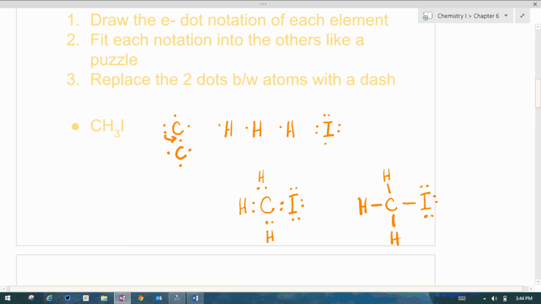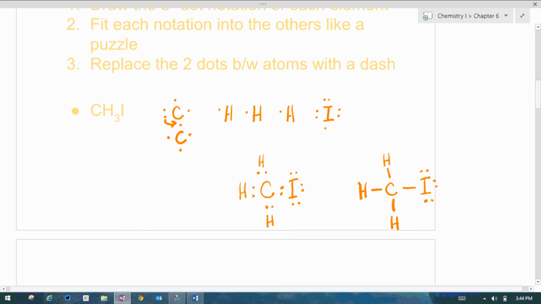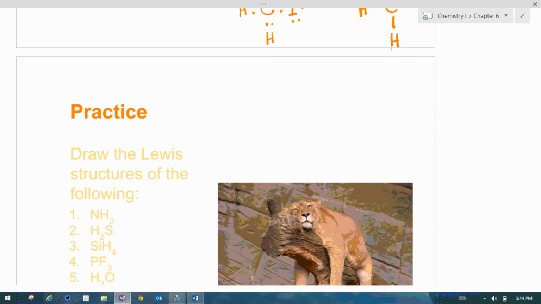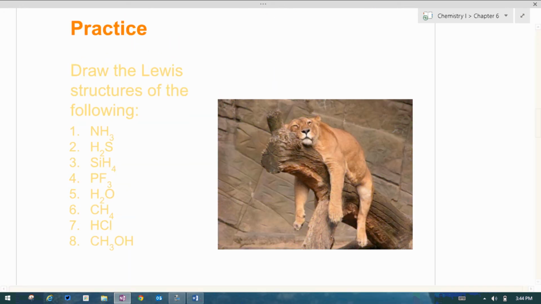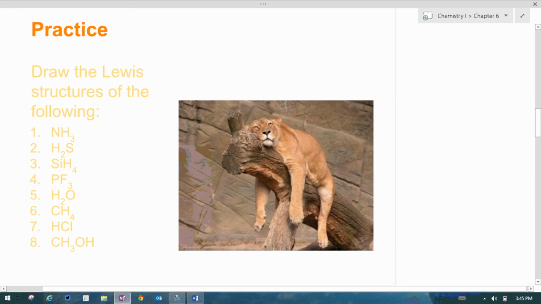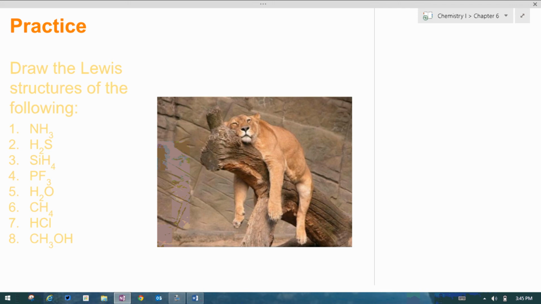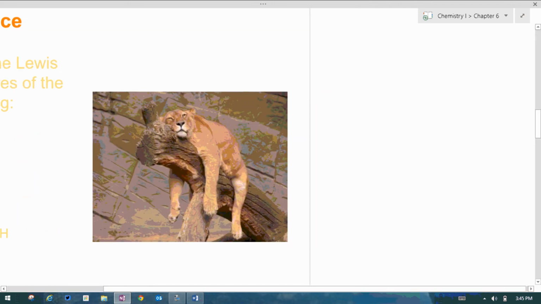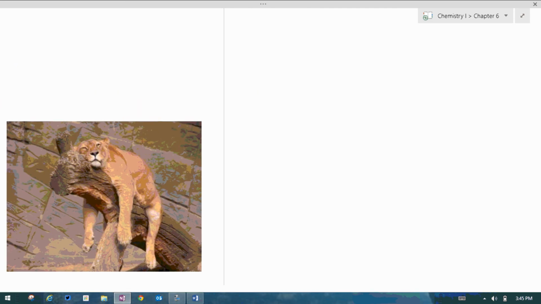Okay, so that's Lewis structures. That's how to draw a Lewis structure. So I tell you what, let's do the first one of these practice problems together. So the first one is NH3, and you should have these 8 problems in your guided notes right now as well. So I'm just going to kind of go off to the side here, and we are going to do